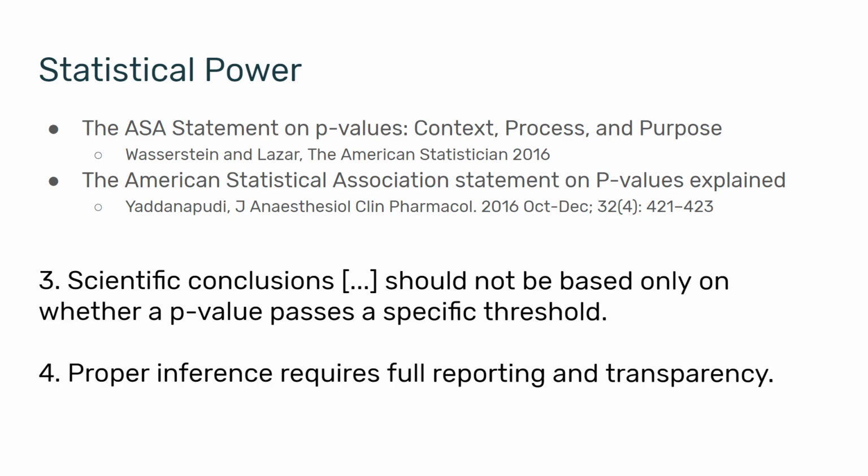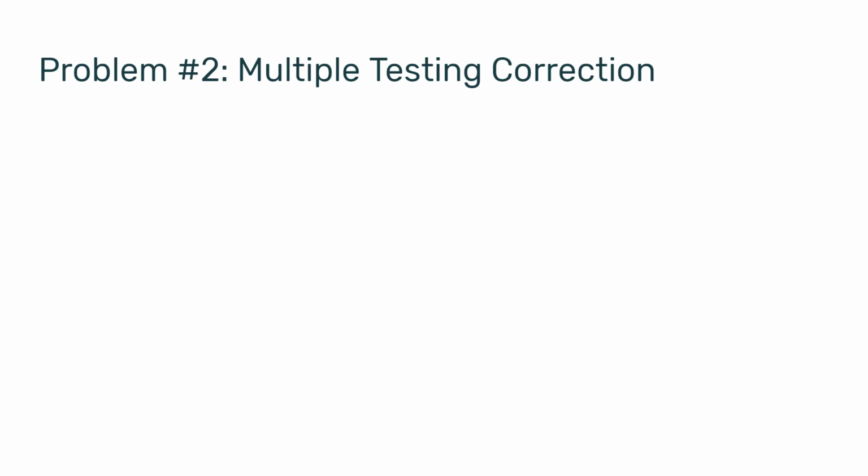The second thing I want to talk about, and this is a bit of a ghost for many researchers, is multiple testing correction. When you're running these kinds of high-complexity studies, you have 20, 25, 30 markers, and you're finding a large number of cell subsets. Then you're running a statistical test for each one of these subsets,